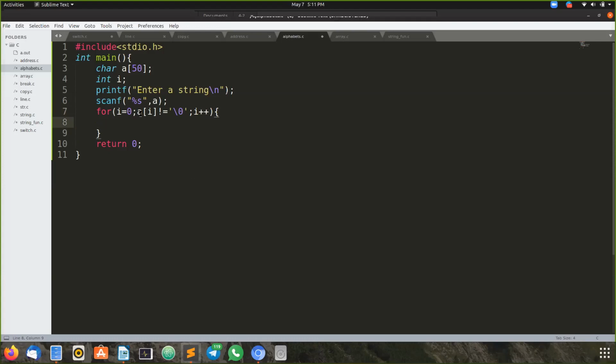So that is the condition we have put here. First we have to know the condition so that we can start our looping. Our condition is we have to read until the end of the string. So to reach the end of the string, we need to read the characters until the \0, that is the null character. So I have put that condition here.